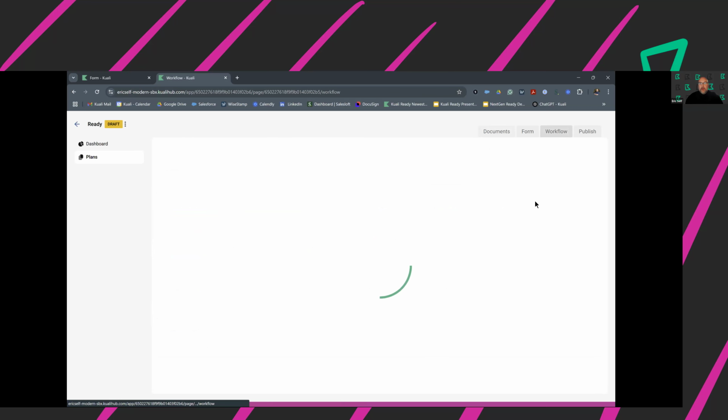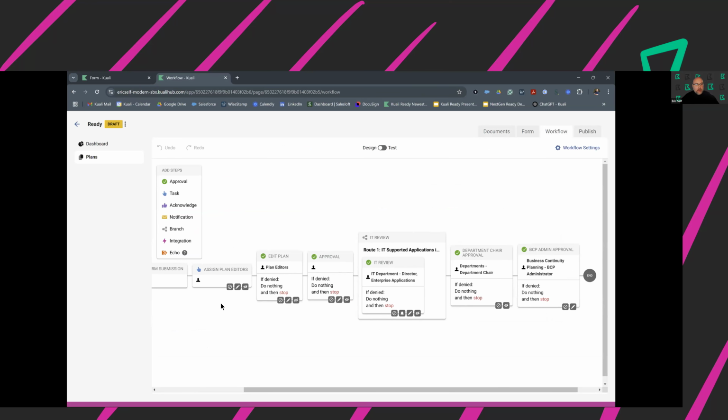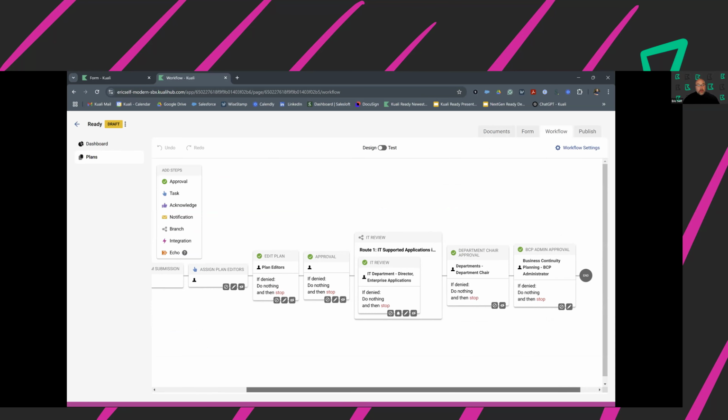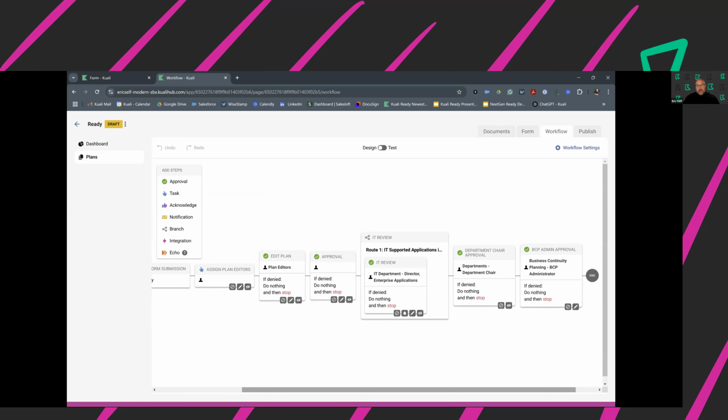So this is where our team and yours figure out what your business process is. What does it look like when a plan gets assigned? Who's filling it out? Who's approving those plans? And who's reviewing those plans? This is an out-of-the-box workflow that you get. If you like this workflow, you just change a few things, groups and users on the back end, and start to use it. Or you can start to take things out and add things in here.